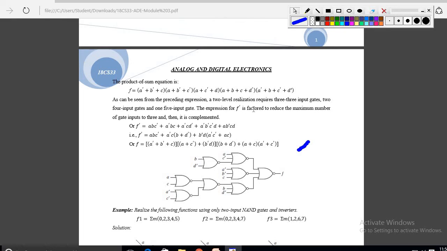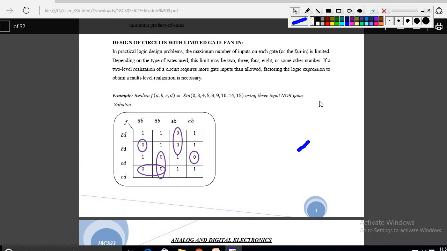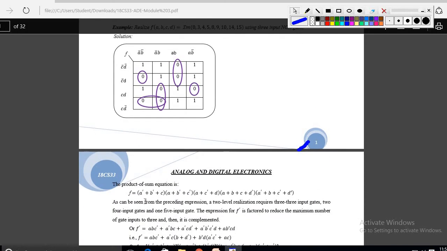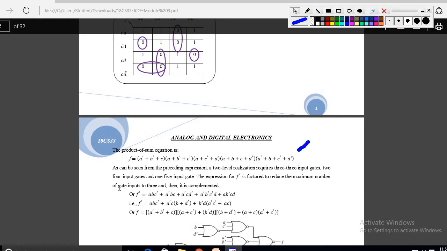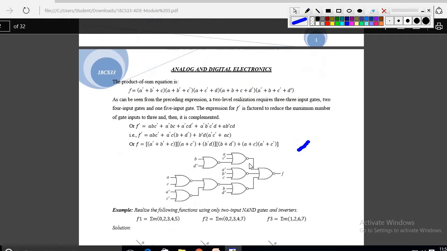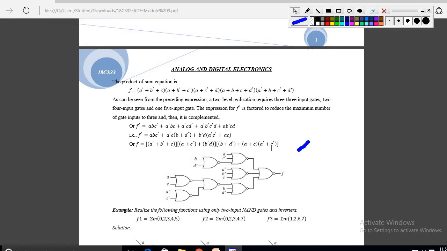Is it clear? Just again I am repeating this, this is very important. See, this expression you understood, writing the Karnaugh maps and all, and after that we have to reduce this expression as much as possible. You have to reduce the number of input gates. Means if it is 4 or 5 it will be very difficult. For that reason you have to make that 4 or 5 into 3 or 2 like that. Means 2 input AND gate, 2 input OR gate, 2 input NAND, like that we have to reduce the number of gates to the minimum as much as possible.